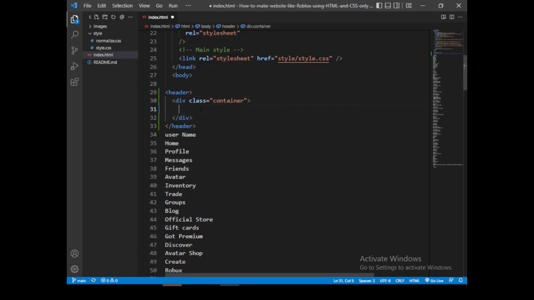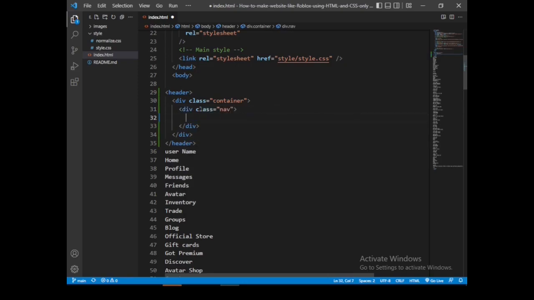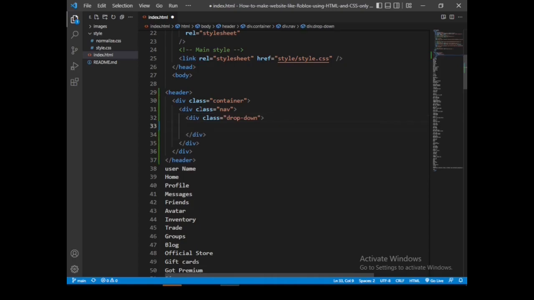Then I'll have another div. I'll call it nav. Then we also need a div for the drop down. Now inside the drop down,